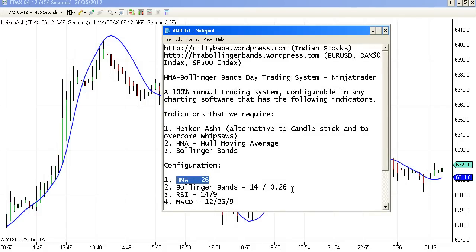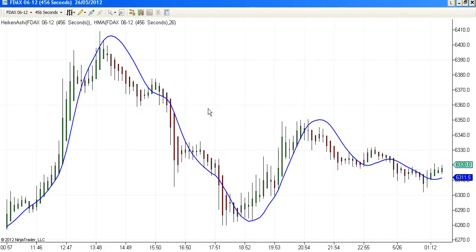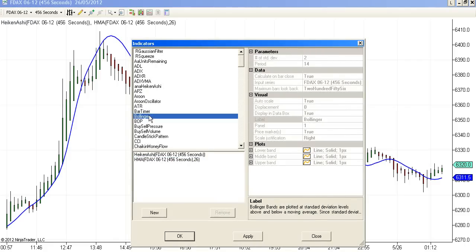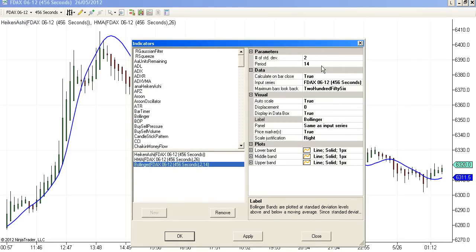Our next requirement, Bollinger Bands 14 MA period and standard deviation 0.26. Let us see. Bollinger Bands, here Bollinger 14, 0.26, make it false.